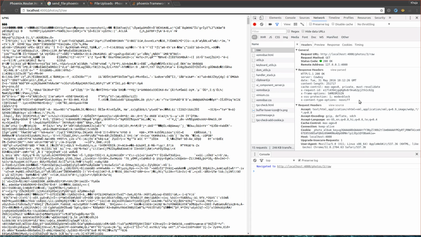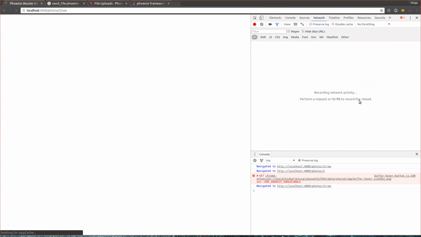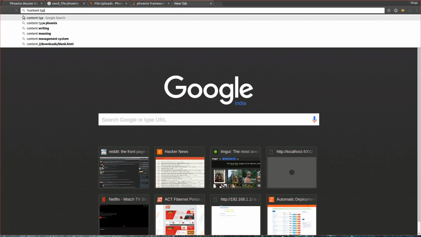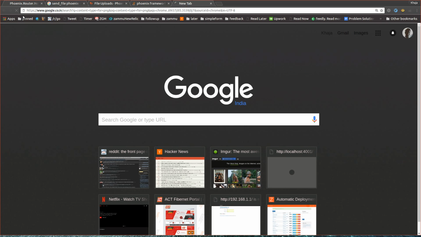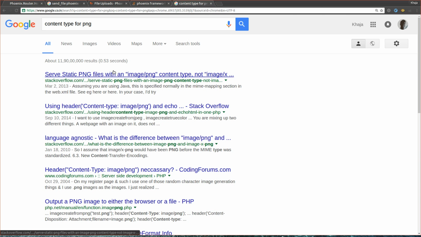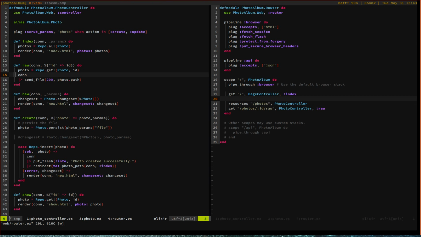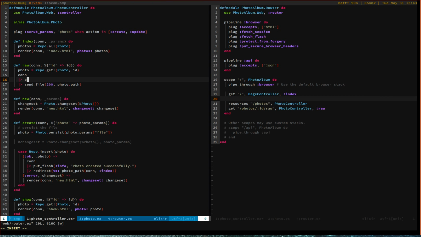If you look at this image, from the first few bytes of text, it looks like it's a PNG. I mean, it is a PNG. So the content type for a PNG is image/png. So if we set that up, it should render it properly. So put content type as image png,